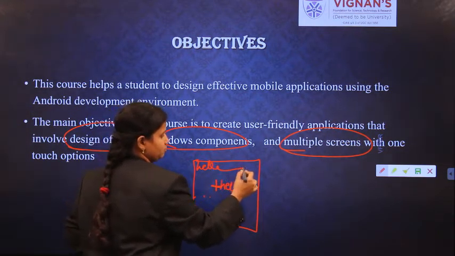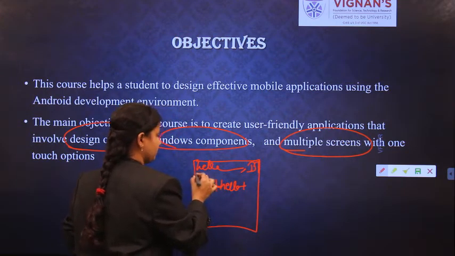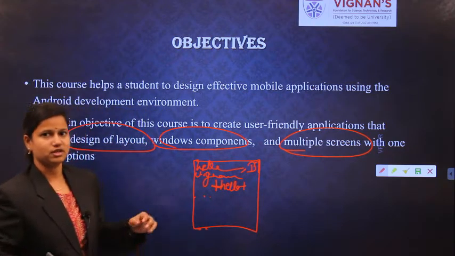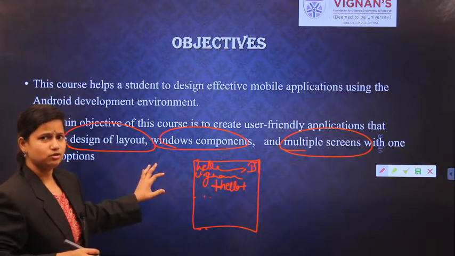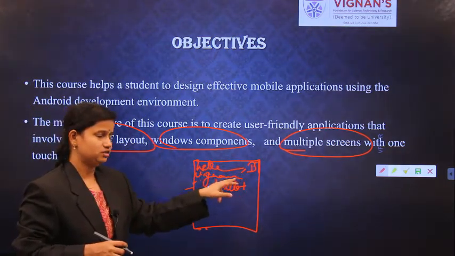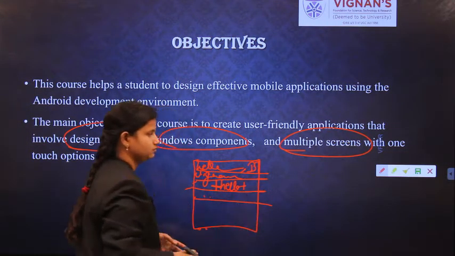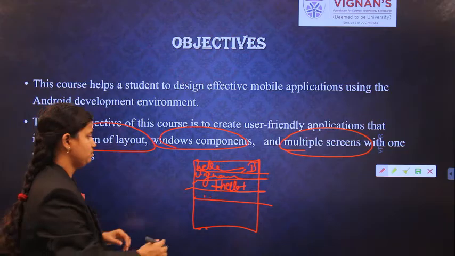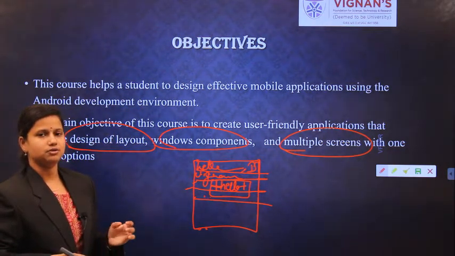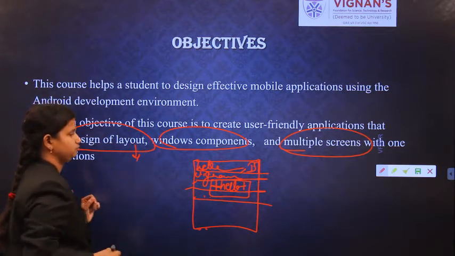I want to add a second message. Hello is to be printed as ID, and I want to print it as Vignan. If you are not mentioning anything, what are the corresponding settings? All the messages are presented in a single line, in a sequential way. But in that screen, I want to print a message in this particular portion. How do we mention that? That is designed by using a layout design.